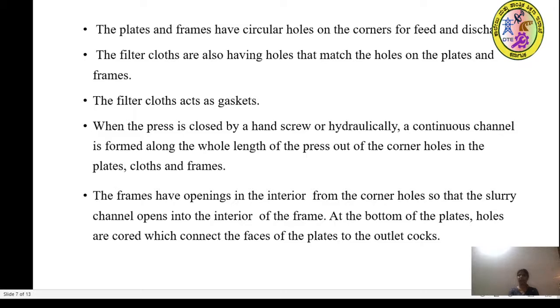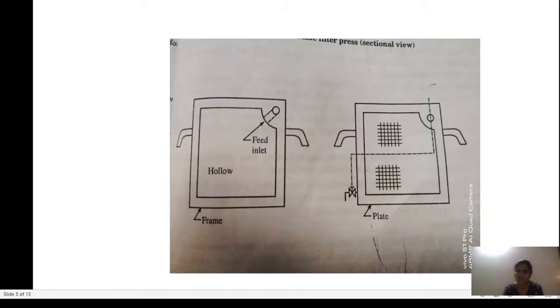So here, like the gasket you have seen in a cooker, the cloth placed between the plate and frame, the filter cloth, acts as a gasket. So when the press is closed by the hand screw or hydraulically,